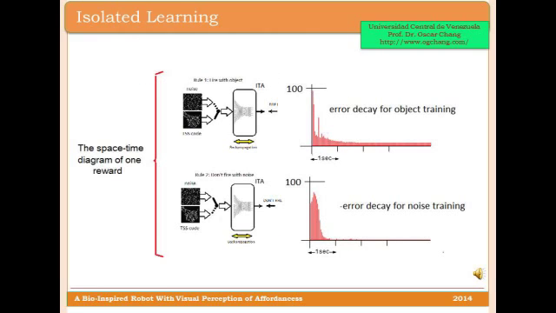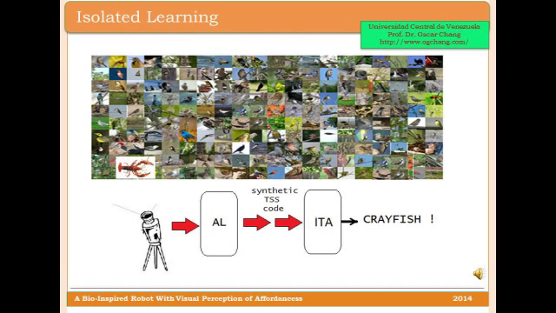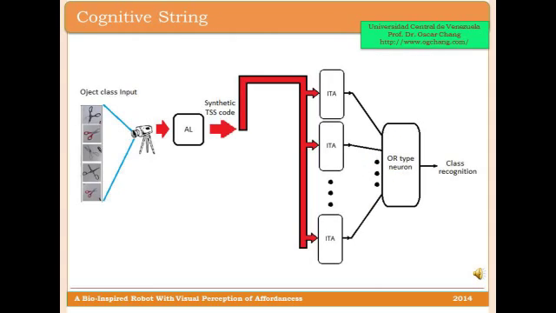Using these rules, a reward R is defined as a short learning experience, where one chosen ITA receives 100 backpro cycles watching the object, followed by 100 cycles watching noise. In our current serial programming, a reward lasts about 2 seconds. After about 5 rewards, the selected ITA learns to fire with the object, and not to fire with noise. It also develops an emergent behavior, which distinguishes the memorized object from many other unknown objects or backgrounds, no matter how complex they look. Through OR-like operators, ITAs' outputs are grouped into cognitive strings.